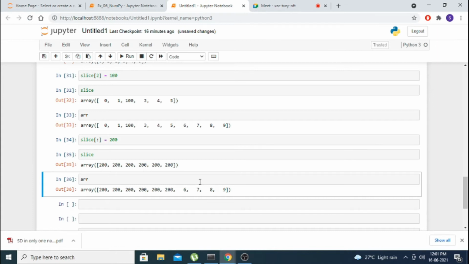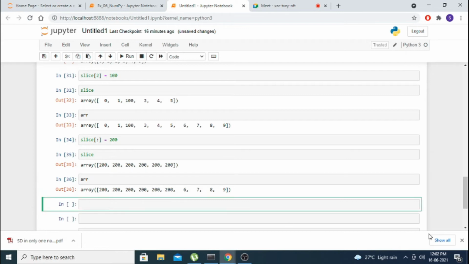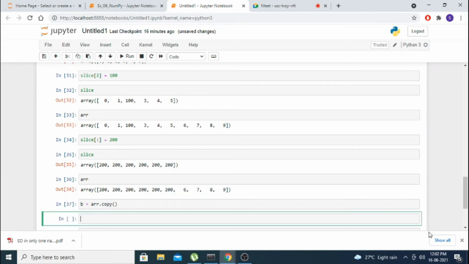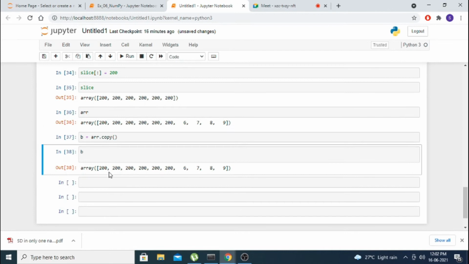So how to avoid this? I want one array, and I want another array. There is one function called array copy. Okay, copy is one function. So I am creating one array B. What I am going to do, arr dot copy, I am getting now B. So that here now arr is different, B is different.